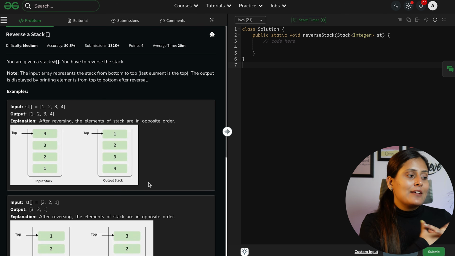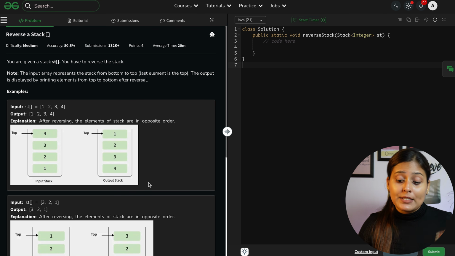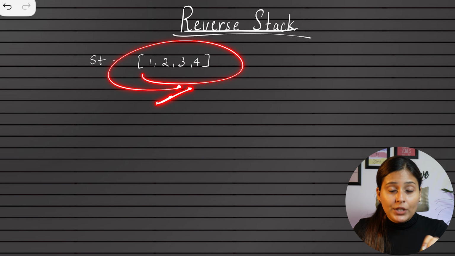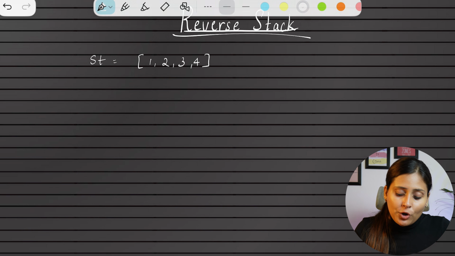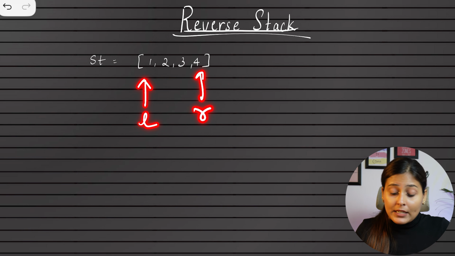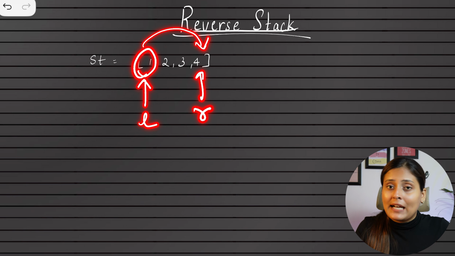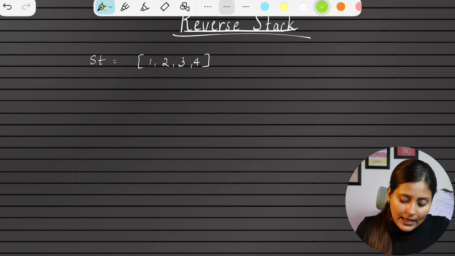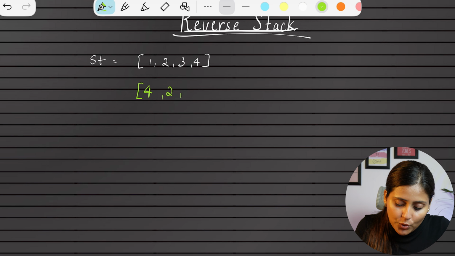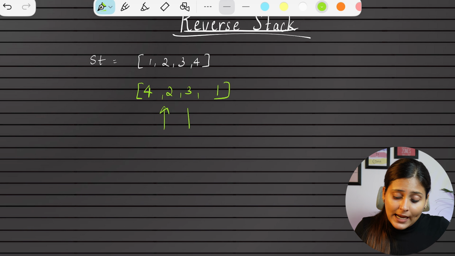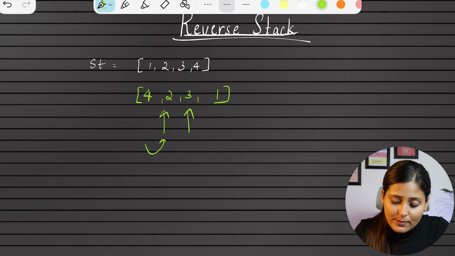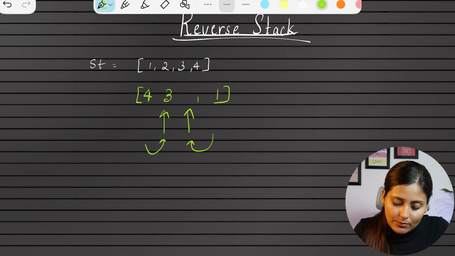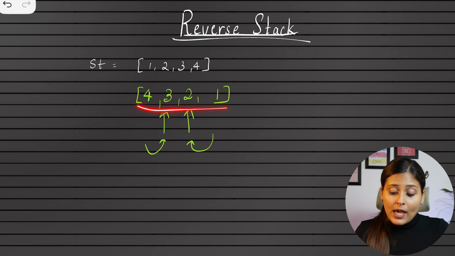So here is the problem statement. As you can understand from the name itself, you have to reverse the stack. Suppose this is the stack you have been given: 1, 2, 3, 4. Using the iterative approach, there are two methods. The very first is to use a left and right pointer. Why? Because the very first element we want to push at the last, and the last element we want to push at first. After the first iteration, 4 will come here, 2 and 3 will be here, and 1 will come here. Now the left and right pointers will point to these two elements, meaning left plus plus and right minus minus, and then we will swap these two numbers. So this will become 3 and this will become 2, and we can say yes, we have reversed it.